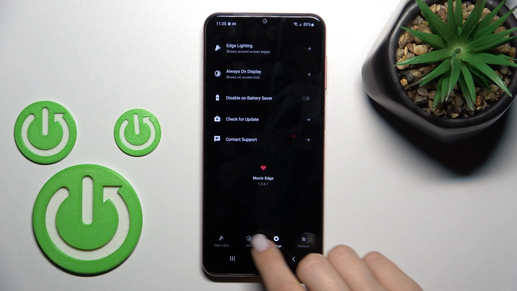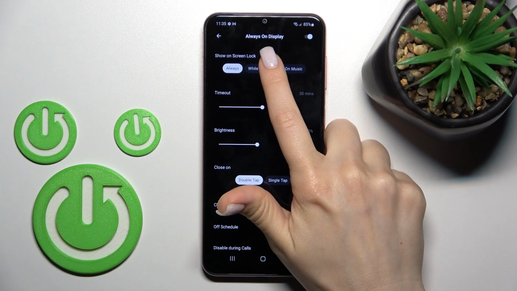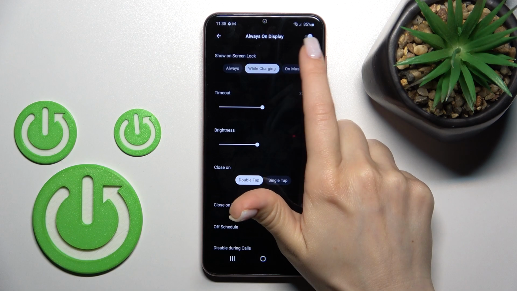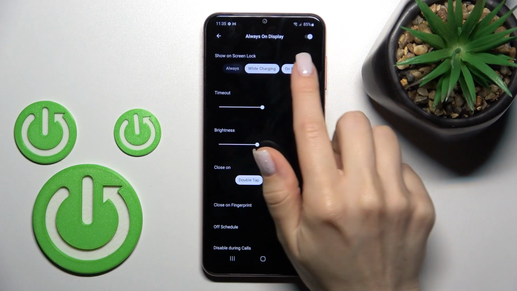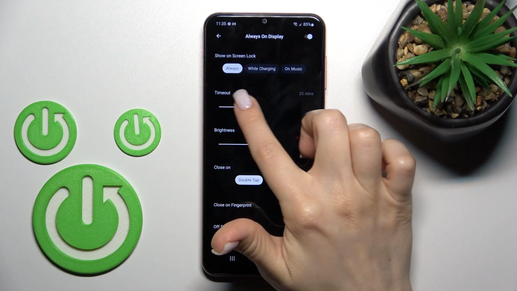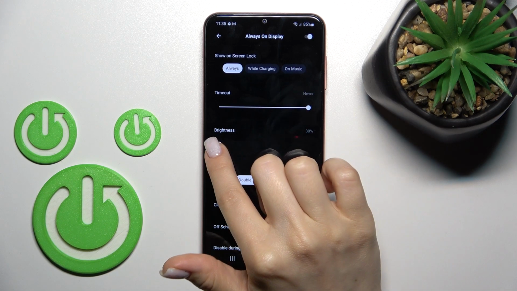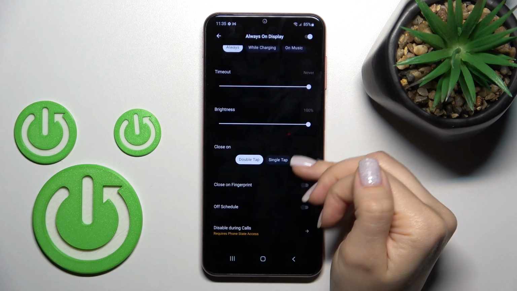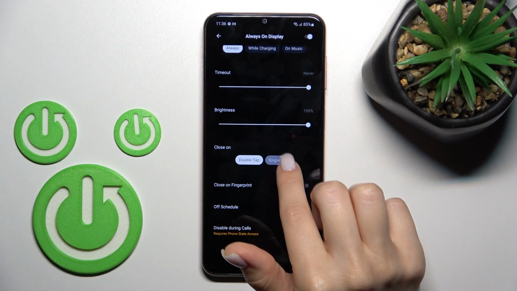After that, let's switch AOD to the settings section. Click here. Now we can also choose to show AOD always, while the device is charging, or when we play music. We can use these two features together or separately. We can change the screen timeout here from 1 minute to never. We can decrease or increase the brightness level, and also we can close the